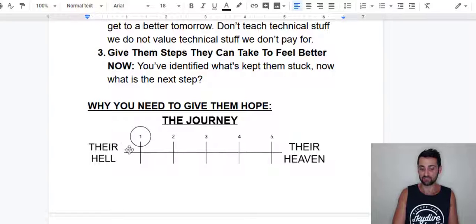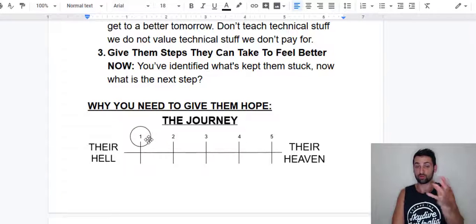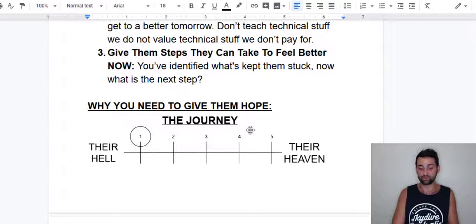It's simply to make them believe, have hope, and have positive expectations that they can achieve this if they purchase the product. And once you're able to give them the belief and the hope and the positive expectations, they're more likely going to purchase the product, and then the product owner is going to do the rest for you. They're going to take them through these steps to their heaven.